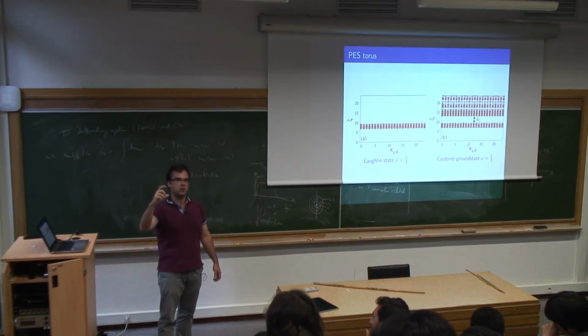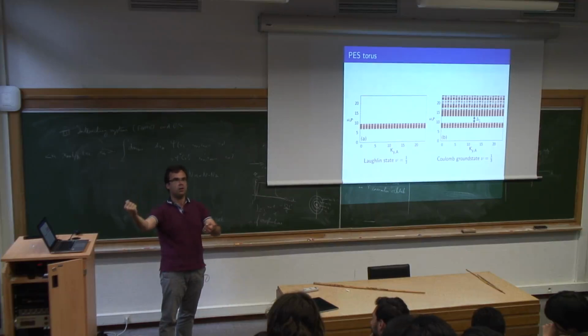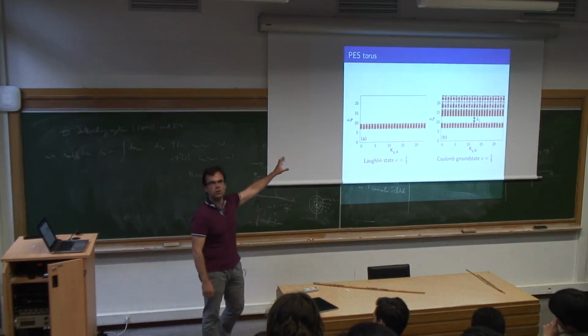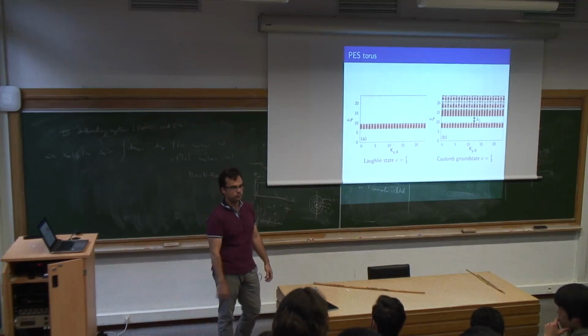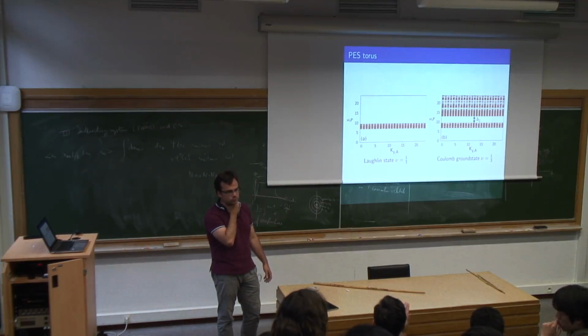So I know my system is protected as long as the gap is that. If I crank up the temperature, and the temperature is smaller than the gap, then nothing will happen. It's much more difficult to quantify what's going on for the entanglement gap. So if I have an arbitrary correlated state that has an entanglement gap,